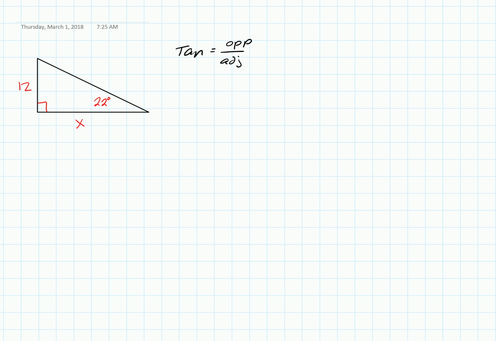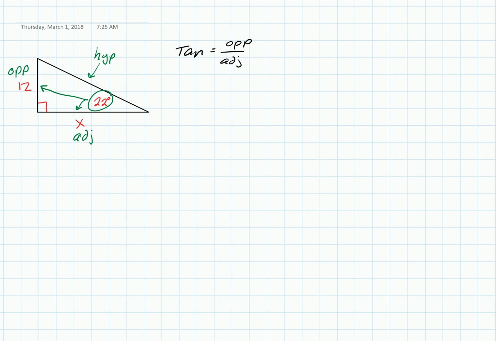So the first step in problems like this is to figure out which of these two sides, the 12 or the x, is going to be our opposite and which one will be our adjacent. Here we can see that the 12 is the one that's across from the 22, so we'll call that our opposite. The x is next to the 22, so we call that the adjacent. This side here, of course, is the hypotenuse, and we're not going to use it when dealing with the tangent